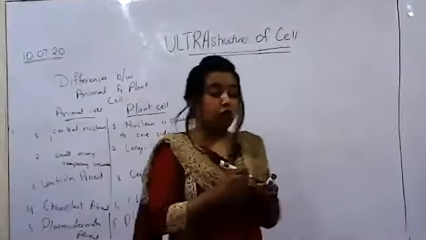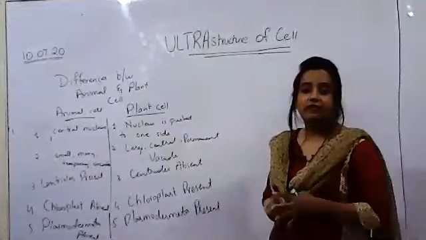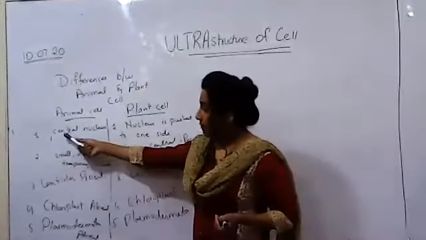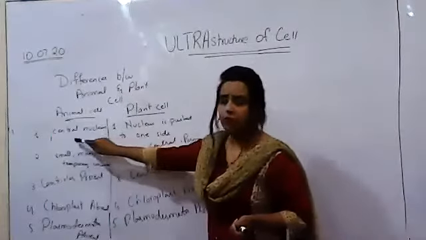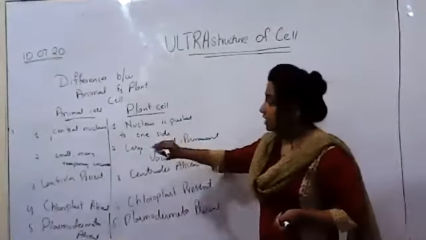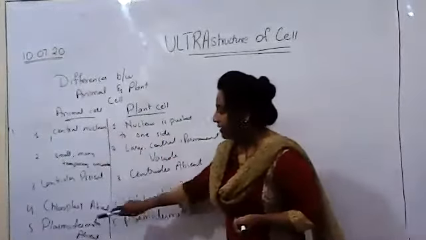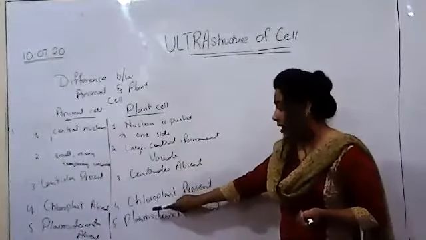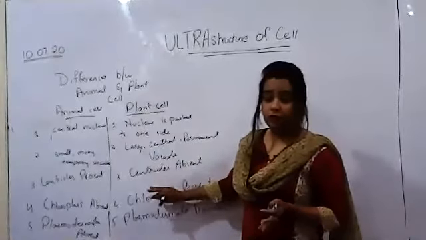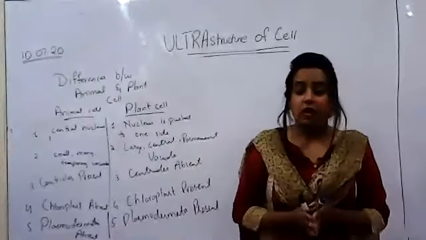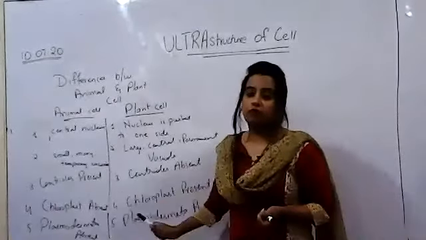The point where we got cut off last time was exactly this point. I was explaining how to write the differences. See, when I'm talking about the nucleus here, I've mentioned the nucleus here. I did not say that nucleus is present and then mention a vacuole here, right? The points have to coincide. If you write different points, you will not get marks. If you write chloroplast absent and then write plasmodesmata absent, different points, you won't get your marks. 0.5 marks are already not given and 1 whole mark would be deducted for both the points. You lose both the points, right?